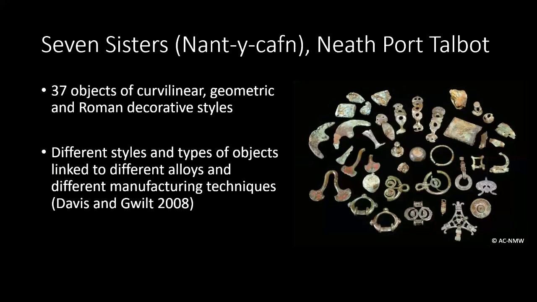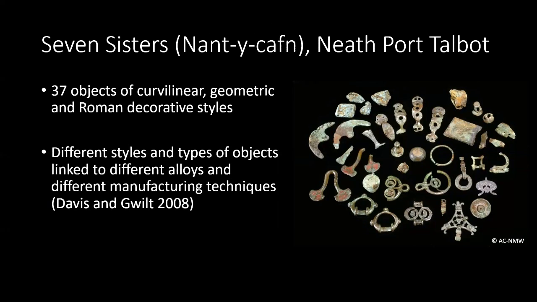But the full potential of this has been really well shown by particularly the work of Mary Davis and her article with Adam Gwilt on the Seven Sisters hoard. I would encourage you all to read. The Seven Sisters hoard consists of 37 objects of various decorative styles, and what Mary and Adam's analysis of this